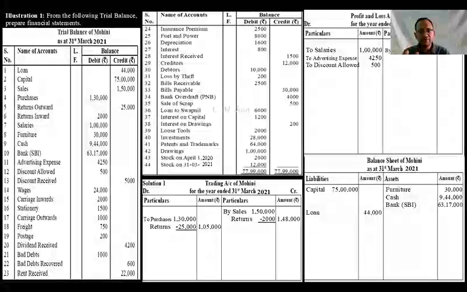So if wages are given, they will come in trading account. Salaries will come in profit and loss account, right? Wages is a direct expense. Salaries is an indirect expense. Sometimes in the question you are given wages and salaries combined. So first word being wages, it will come in trading account. Suppose the name of the account is given salaries and wages. Again, common amount, combined account. First word being salaries, that would come in profit and loss account.